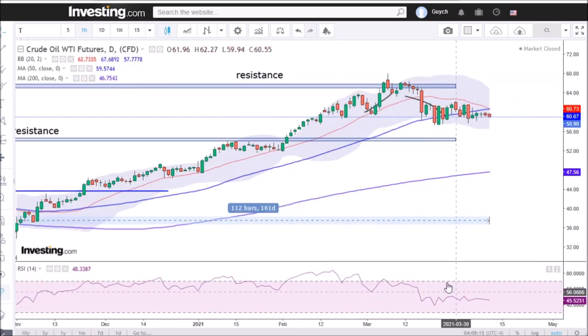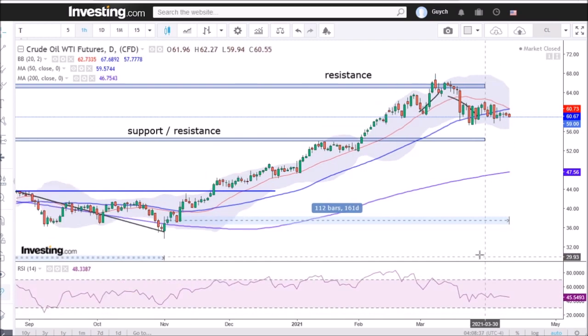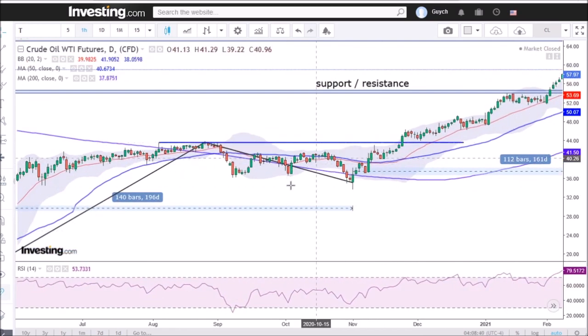Looking at the 14-day RSI, we see that the lowest it has dropped to during this recent decline was 39, over here on the 23rd of March. And I think there is a potential for RSI to come closer to the oversold area, perhaps even dip into the oversold area. Because compared to the previous intermediate cycle low, which was, well, relatively mild, as you see